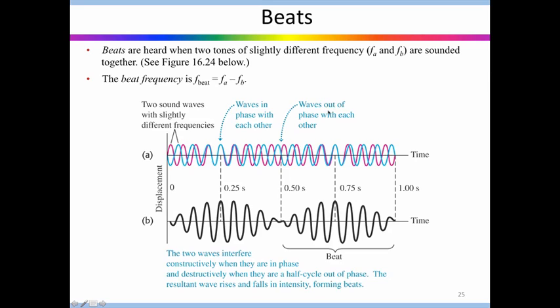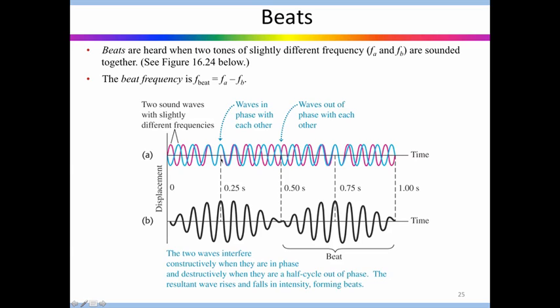And when the waves are out of phase with each other, then you get cancellation, and you get very close to zero amplitude. And therefore when you plot this superposition of two waves of different frequencies, you get a pattern that looks like this. So what is so special about a pattern that looks like this? You can see that the frequency of the oscillation is actually the average